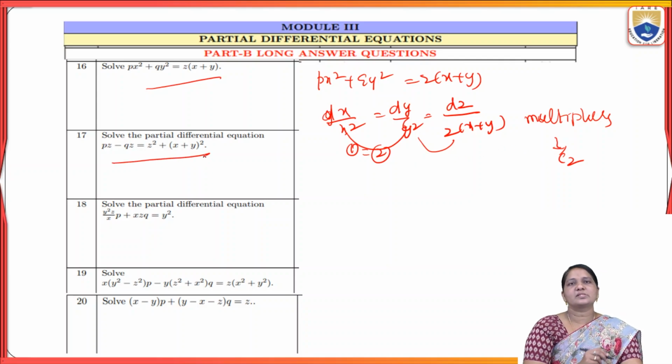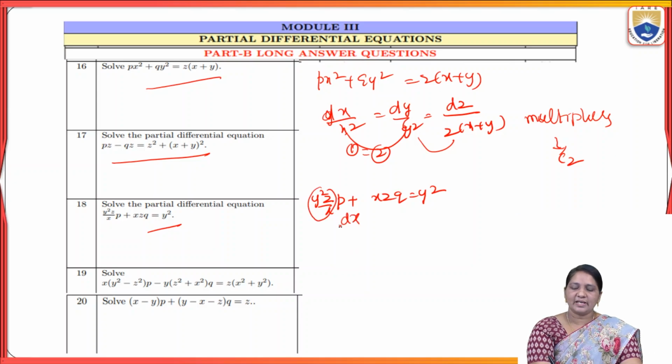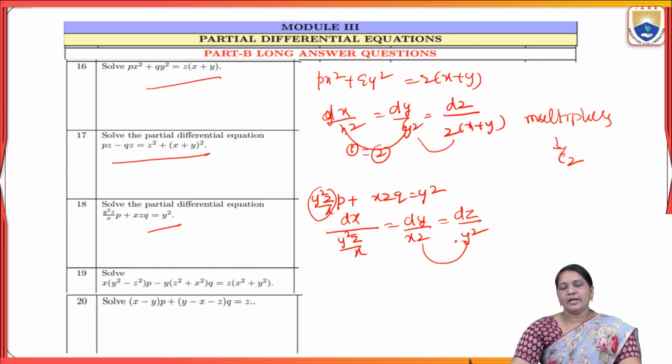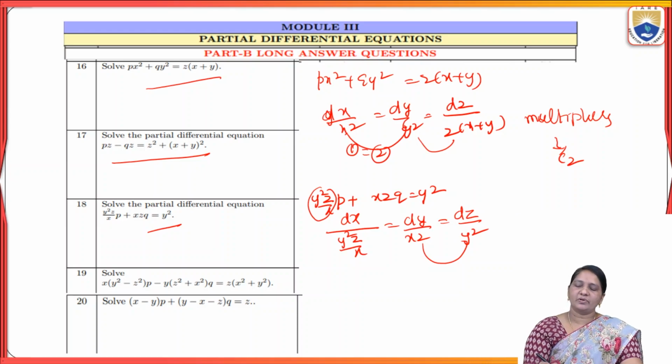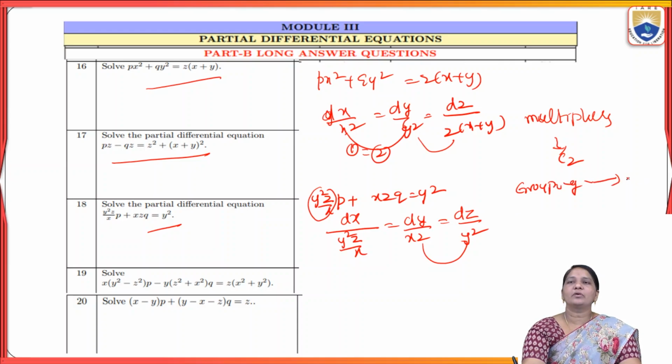In the same way we can solve the 17th problem also, and we can observe here the 18th one, that is y square z by x into p plus x z into q equal to y square. So here this one is the P value. So dx by y square z by x is equal to dy by x z equal to dz by y square. So first we have to take these two, and if there is a possibility to simplify the equation, first simplify, and after that check about the grouping method. In the grouping method, we have to check whether we are getting the solution or not. If we are not getting it, we have to